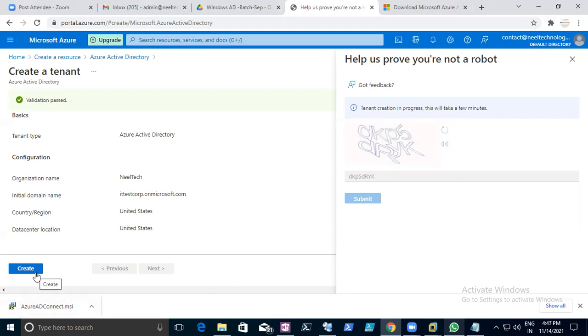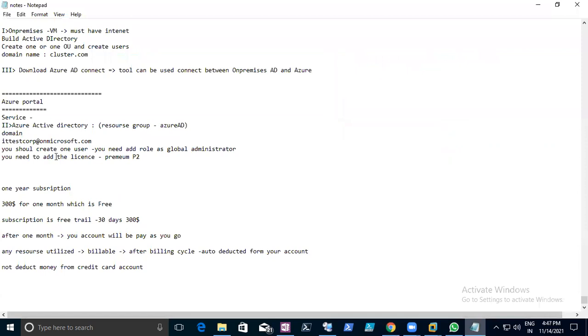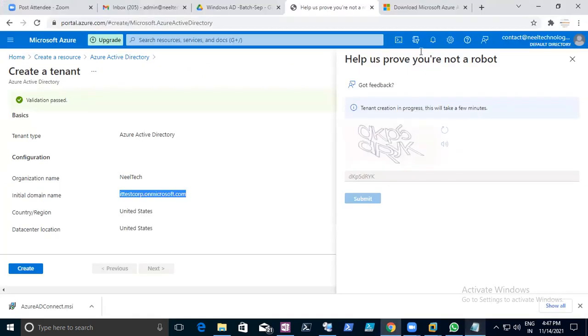Create. I don't see any process here. It's processing. It's mentioned in progress. Let it progress.